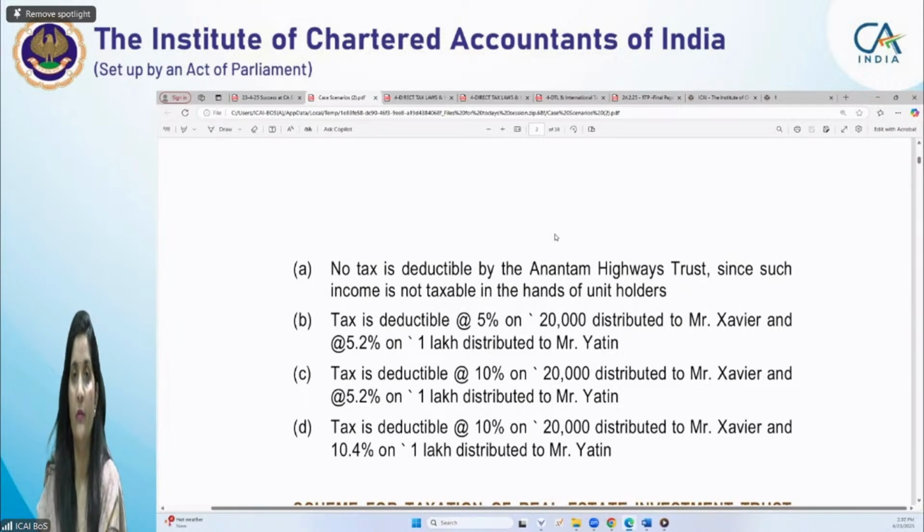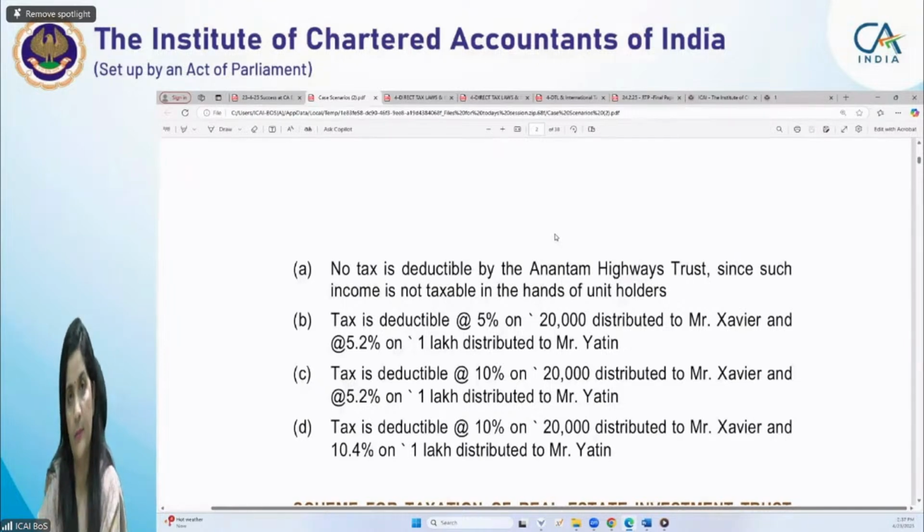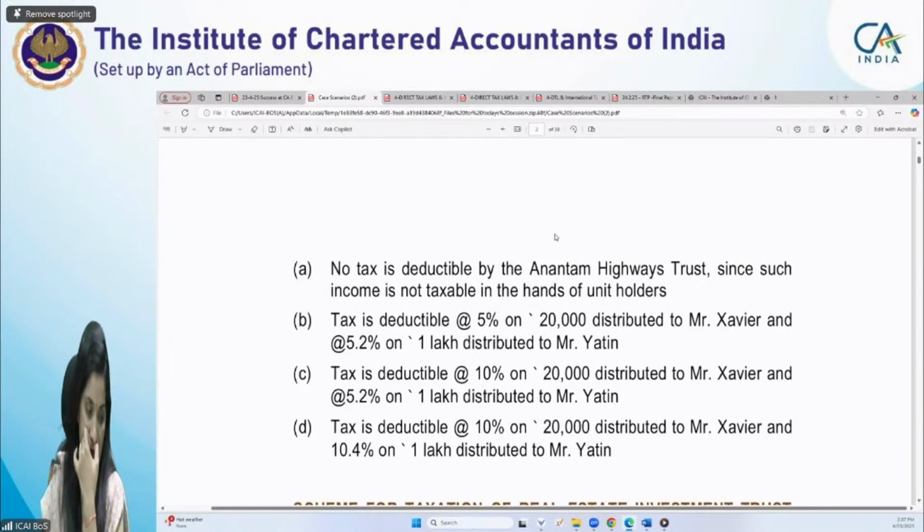In respect of interest distributed to the unit holders. Okay? One of the unit holders is a resident and another unit holder is a non-resident. What are the tax deduction obligations on the REIT? I think let's revise it once. The provisions of REITs, you know that